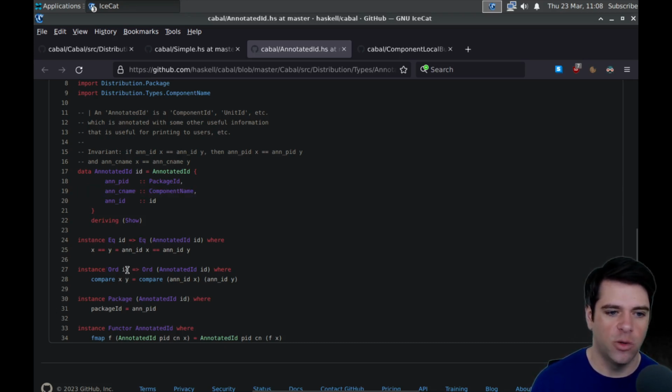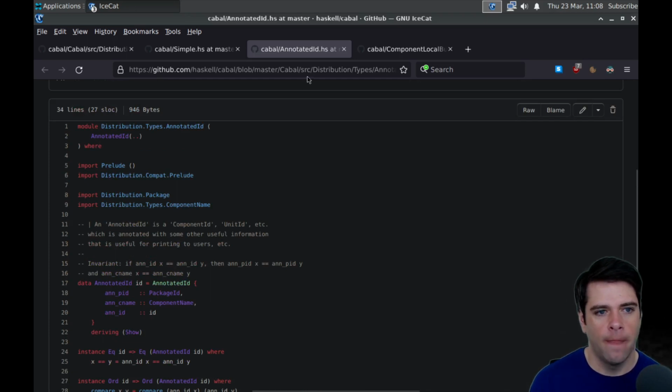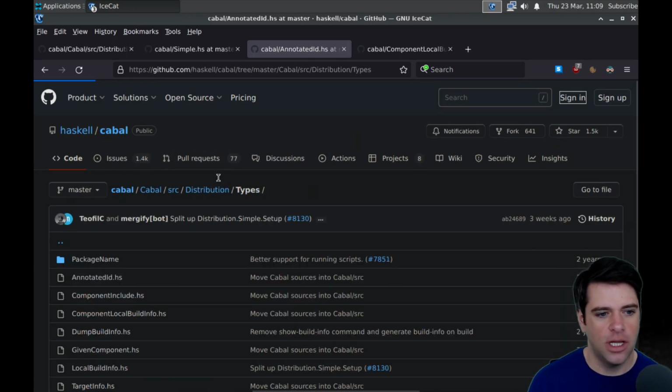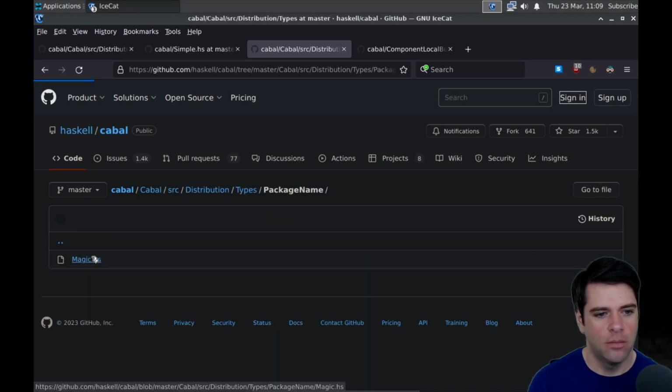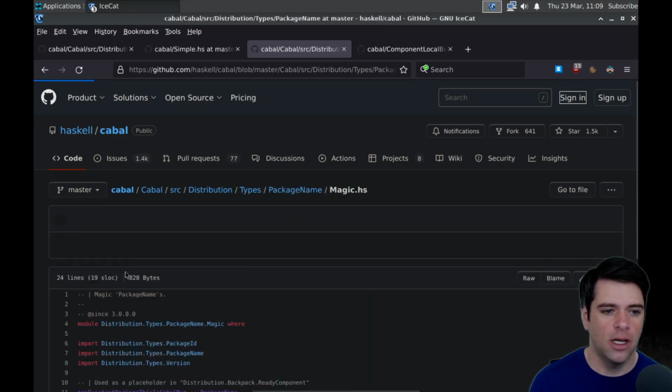And so we can order them, we can compare them. And then this other stuff seems to just, again, we're just like instance package, the package ID, we're just going to pass through it to the an ID. And there's not much there. There might be more in a folder called annotated ID. But no, okay, magic. I should know magic.